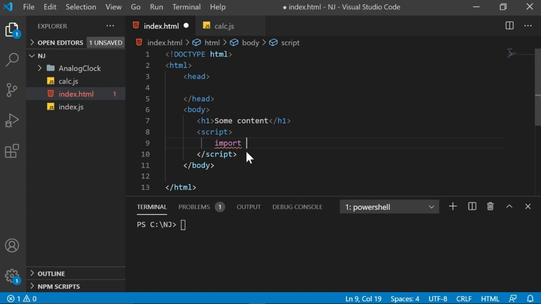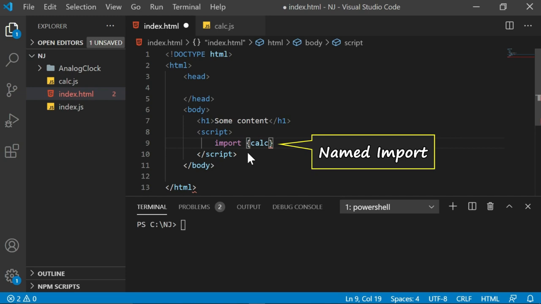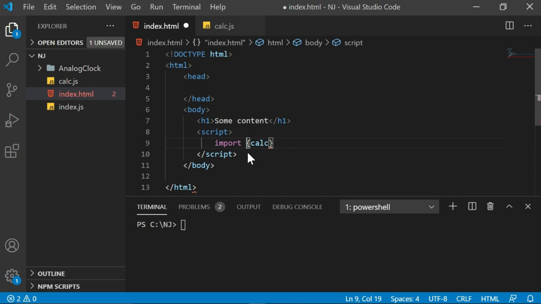If you want to import with a different name, that is also possible. That's what I said in the beginning about various other syntaxes. But at the moment, we assume that everything is the same. So I'll say import. What I want to import is something called kelsey. Let me also remind you that these curly brackets I am using are actually the named import. We will see all these intricacies as we go on. At the moment, I want to show you the basic import statement which can work with your index.html file.